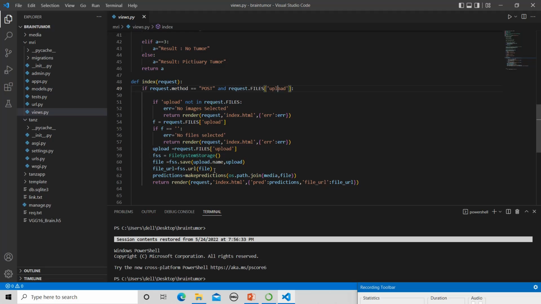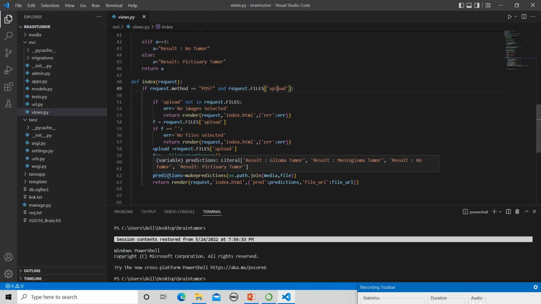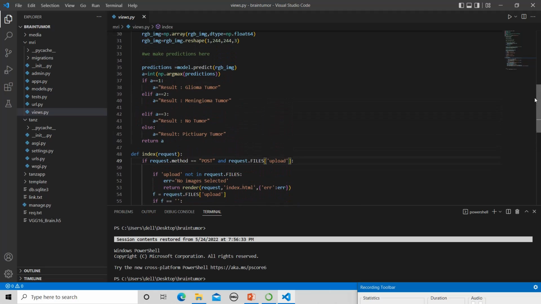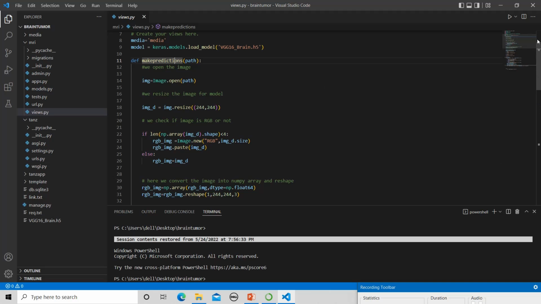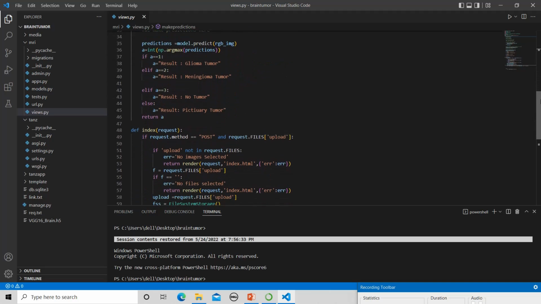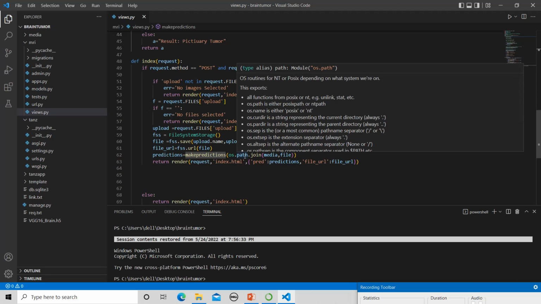It is going to display me the URL here. Next is prediction. I'm going to create one method called prediction, and I'm going to call the method called make prediction. So in my case, main prediction is nothing but this function. I'm calling this function within the function make predictions. Understood? After calling that function, I'm going to fetch that image where the